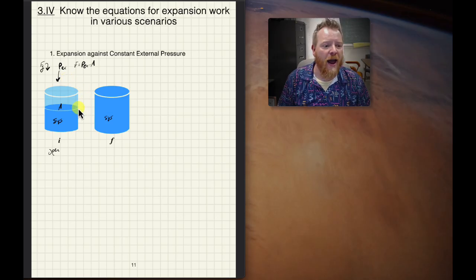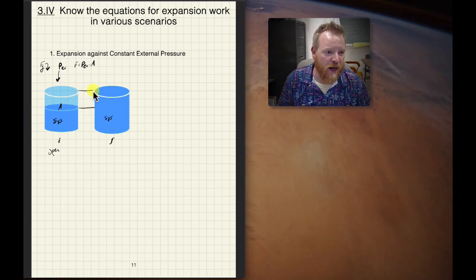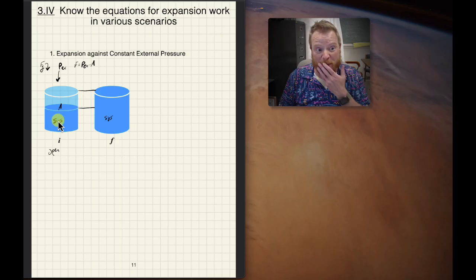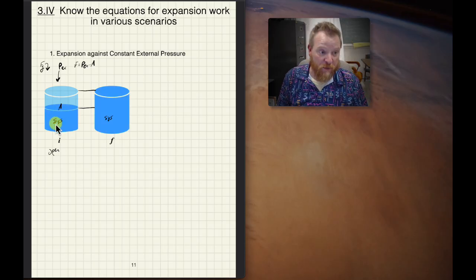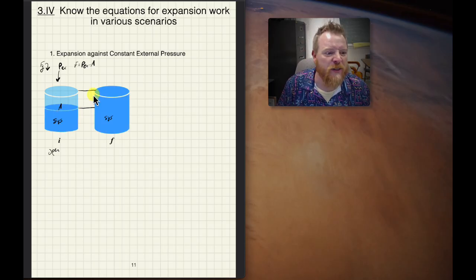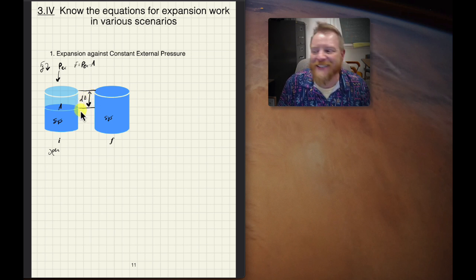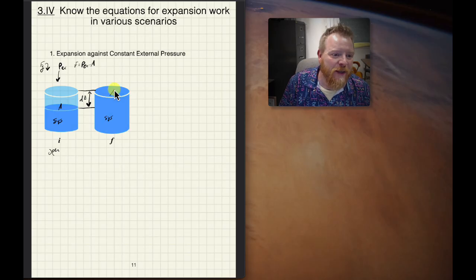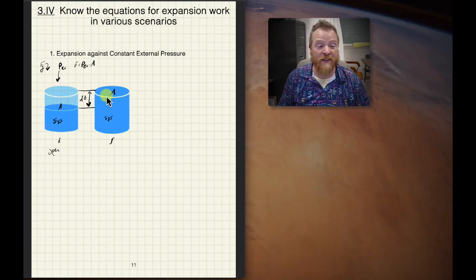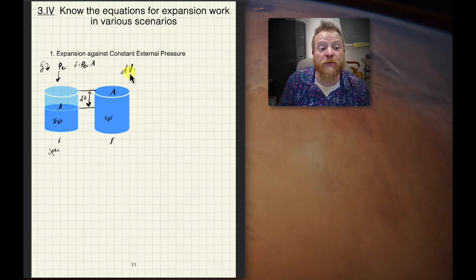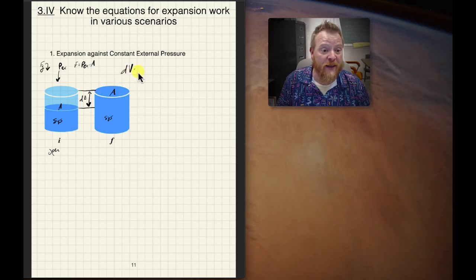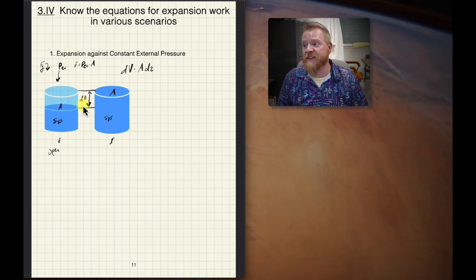So, after the expansion has completed, and we're not defining how this expansion is being done yet. Maybe it's being heated up, or maybe there's something that's causing it to expand. It doesn't really matter. So it expands here by distance dz. The area has remained the same, so the change in volume of the system, dV, is given by that area times the height that cylinder moved.